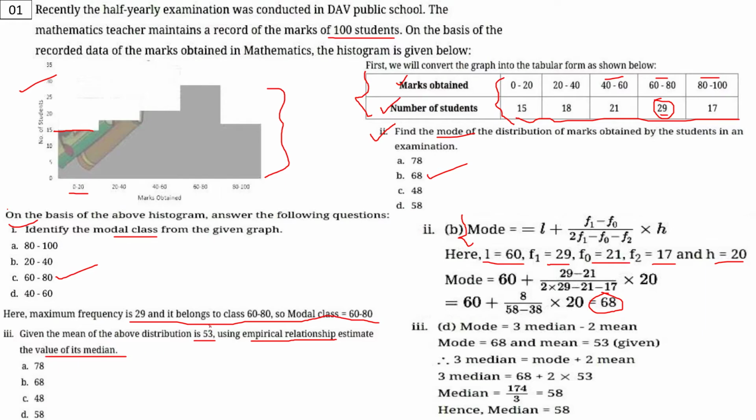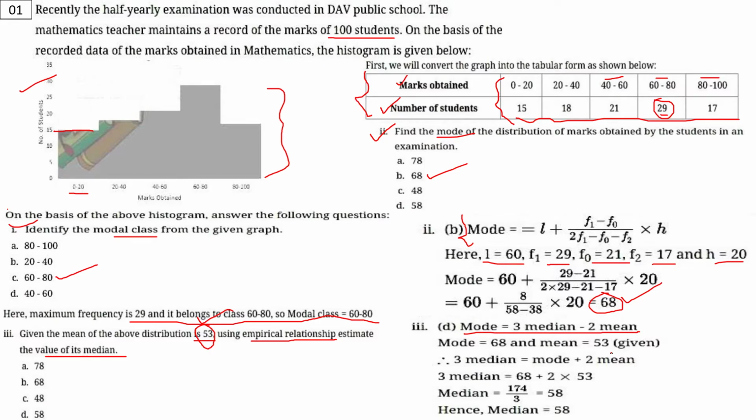If mean is 53 and mode is 68, what is the empirical formula? Mode equals 3 median minus 2 mean. Somewhere you have seen this, the minus comes to the left-hand side and they arrange mean, mode, median. Every time a teacher tells the students that mean, mode, median are in the ratio of 1:2:3, but in the empirical formula, mode is equal to 3 times median minus twice mean. No problem. But sometimes in NCERT, it is written as 3 median is equal to twice mean plus mode.